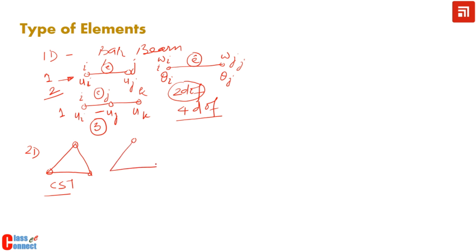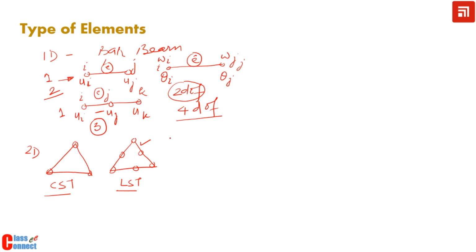We can also have this type of element with 6 nodes, and this is the linear strain triangle. The LST form is used in software. So this is the quadratic triangular element, this is the linear triangular element, and here also it is the linear 1D element and the quadratic 1D element.